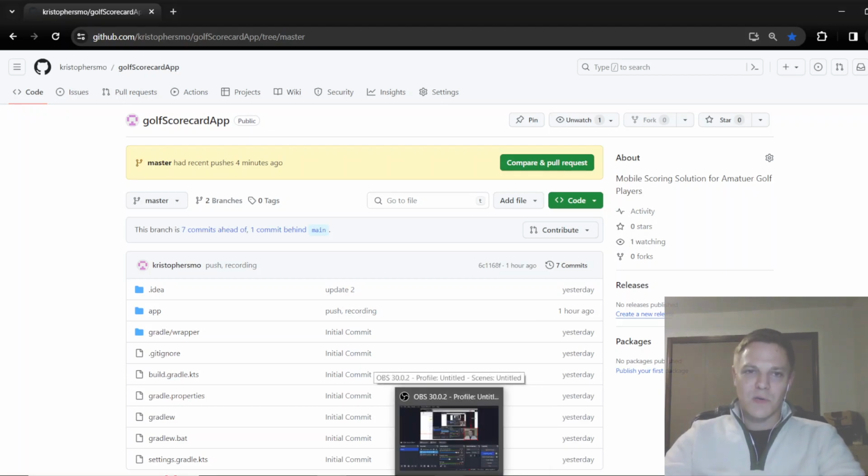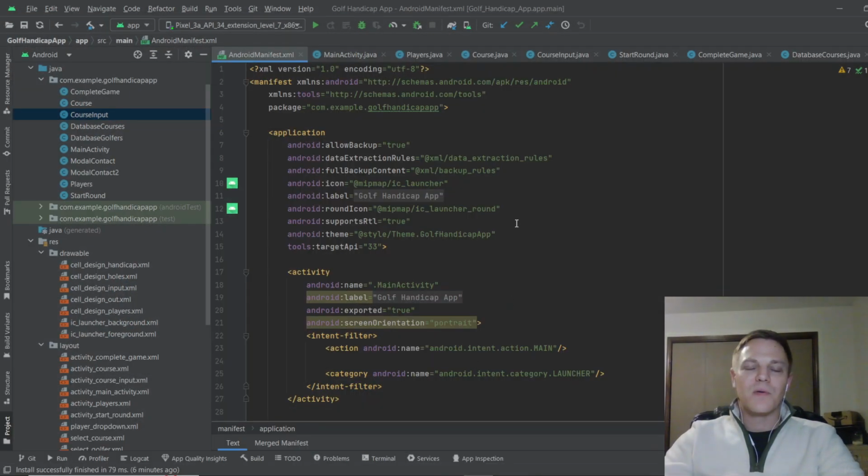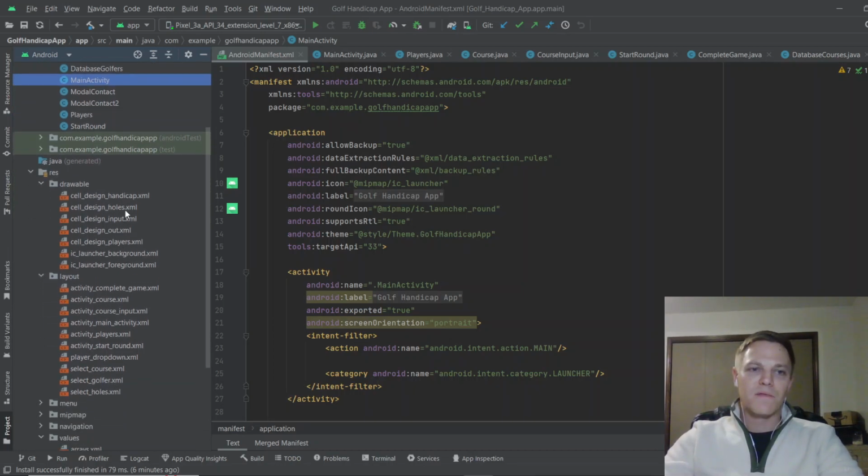Again, this is Golf Scorecard app, automatic scoring solution for golf. We can open up Android Studio right away. On the left, I have the project directory. So here I have the Java classes that I use. Each of these classes relates to an activity within the app, starting with the main activity and working my way down. Below that, I have the